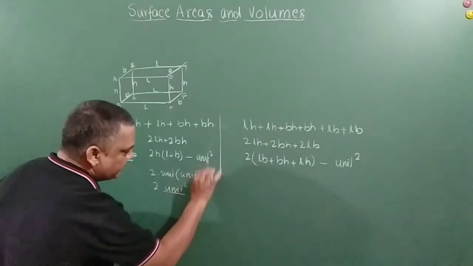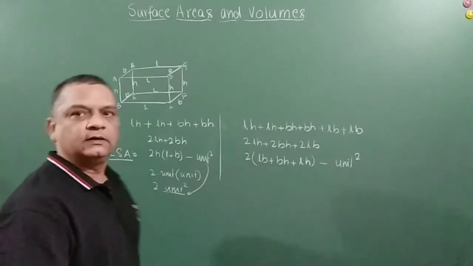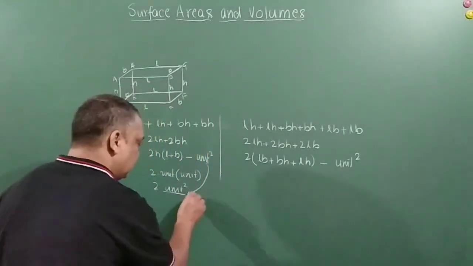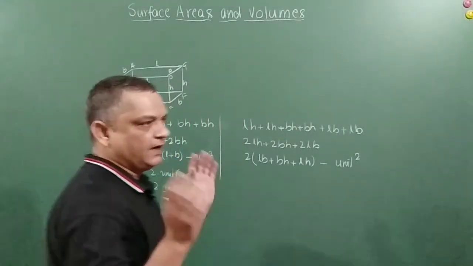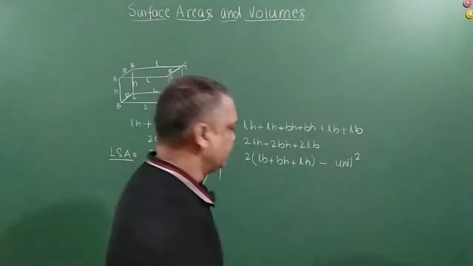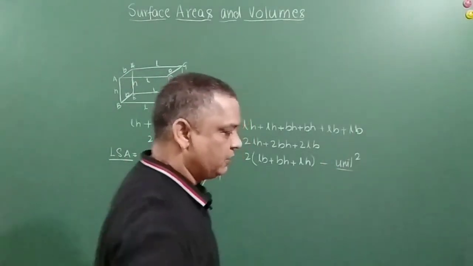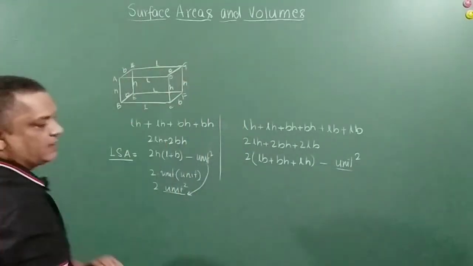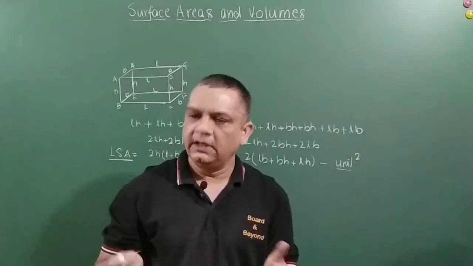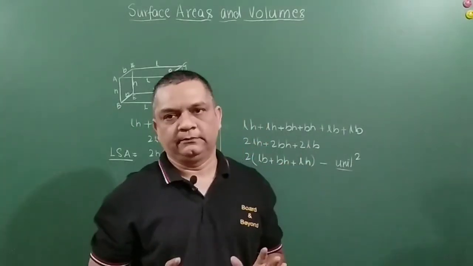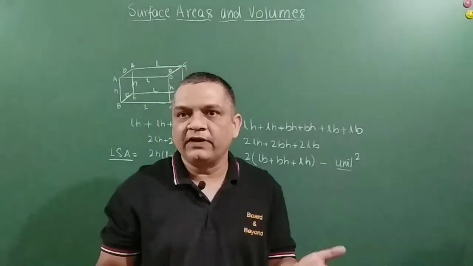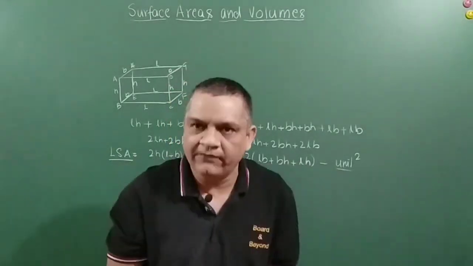That is why the surface area or lateral surface area or total surface area comes in square of the units, right? So similarly here also. Now let us try to understand the volume of a cuboid. So friends, any regular figure. Okay. Now since I am talking about regular figure, let me first explain you what is a regular figure.